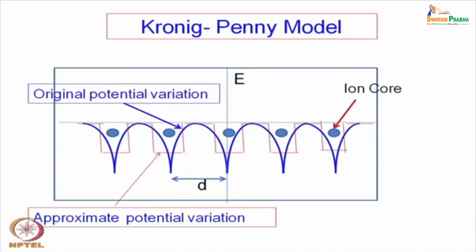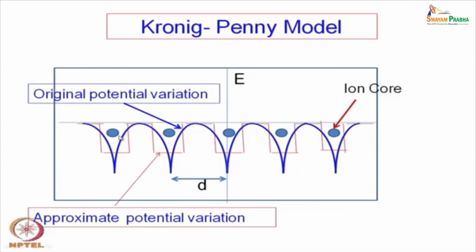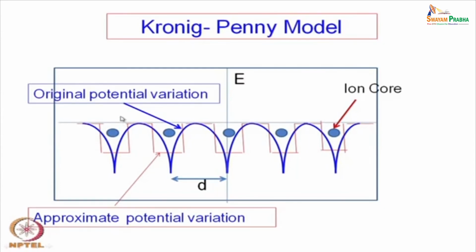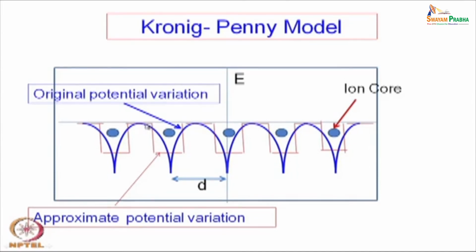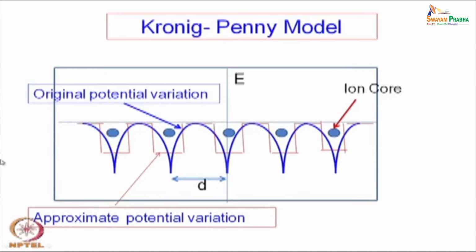So, the approximate potential variation has been used under the Kronig-Penney model. I am just letting you know that instead of this variation, one has used a simpler variation, although it may not be exactly realistic. This may be more realistic, but it provides more or less the same outcome. So, using that concept or assumption,